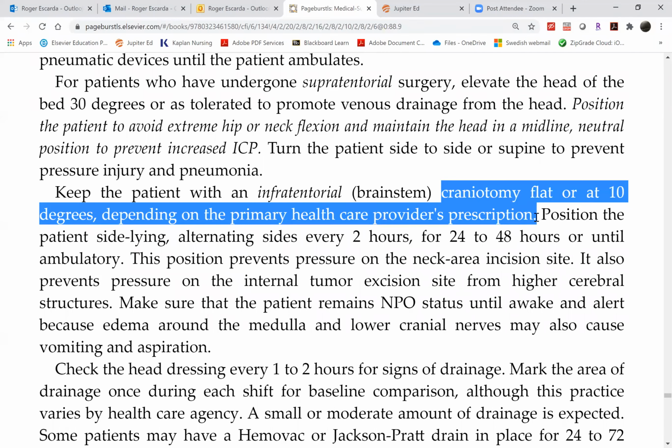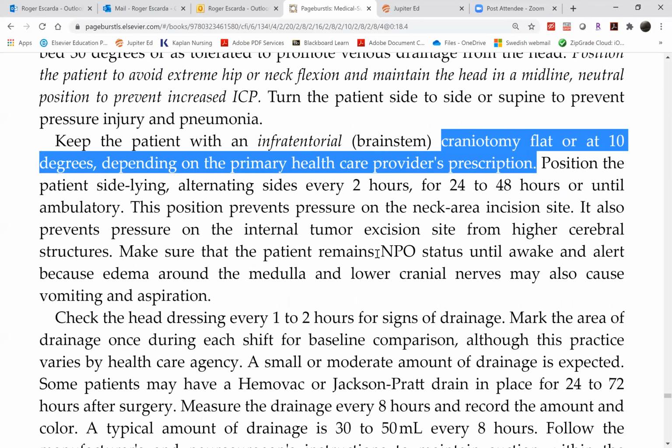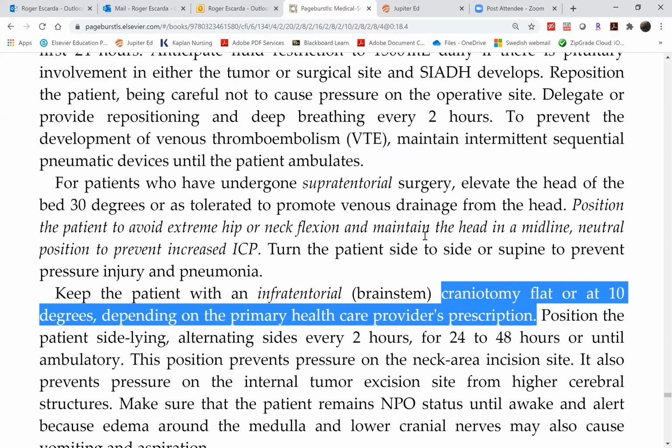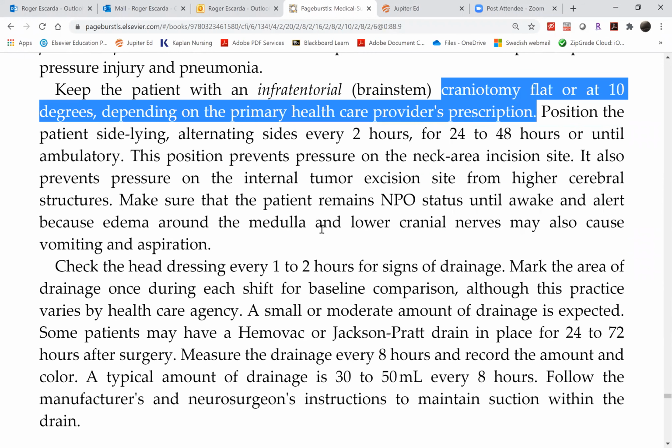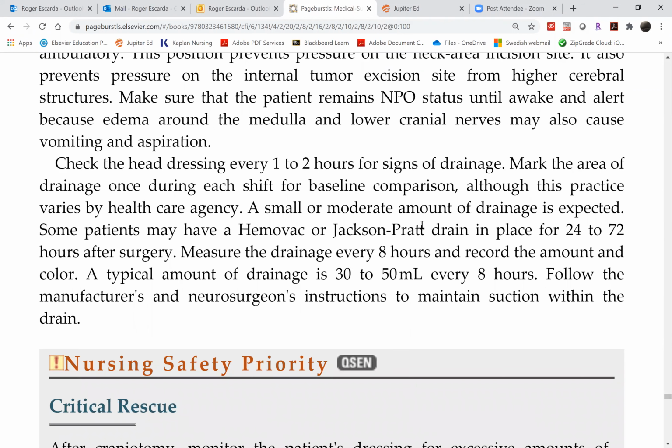You can still log roll the patient. You can put them side lying. However, the dressing in both, because there will be a drain, usually we use a Hemovac or JP, the amount of drainage should be monitored. So thank you for reading,